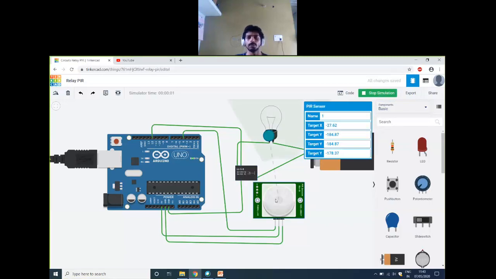See, I'm using PIR here. If someone is not moving inside its range, it will be in the switched off condition. If I move, automatically the lights get on, right? If I stop, it gets off.